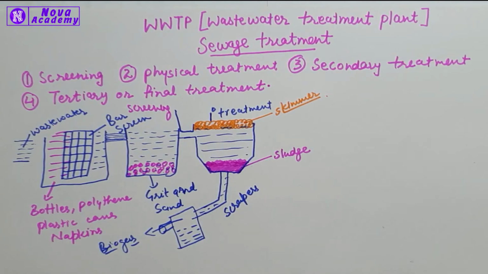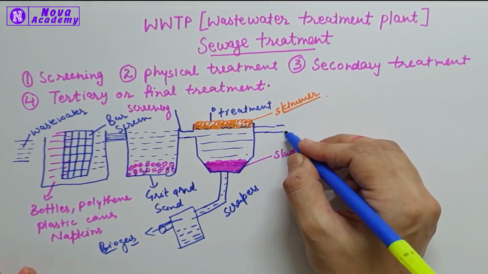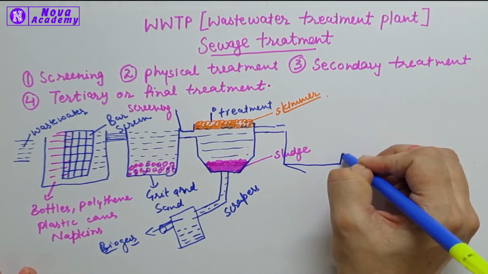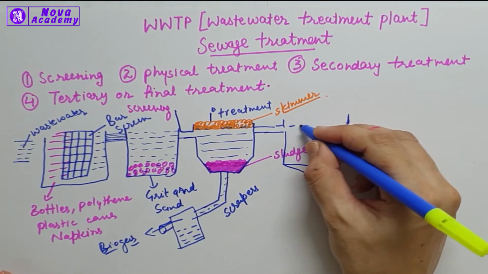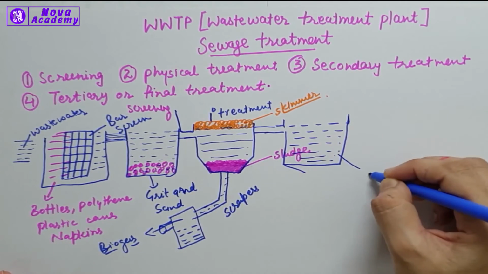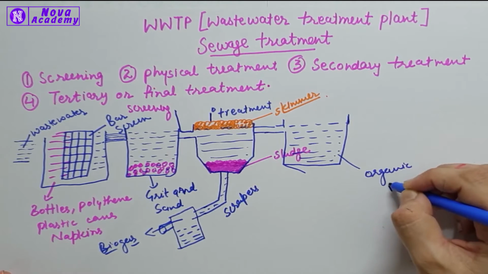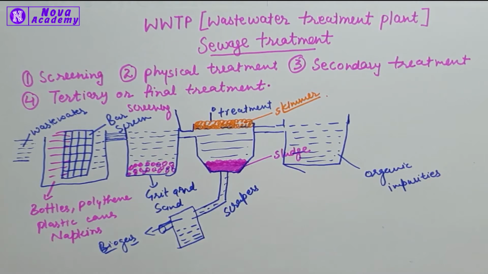So now there are more impurities still present in the water which are necessary to remove. So we send this water into the next chamber and we do aeration. Why do we do aeration? Because bacteria are present in the water and still organic impurities in dissolved form are present in the water. So these impurities can only be removed by decomposing them. So who will decompose this type of impurities? Bacteria, which are aerobic bacteria.